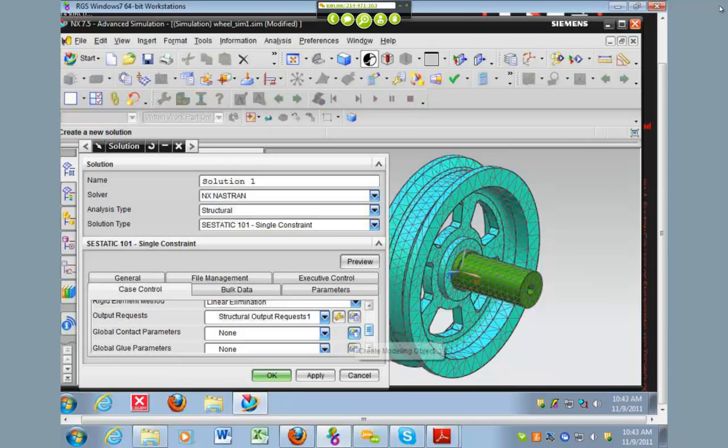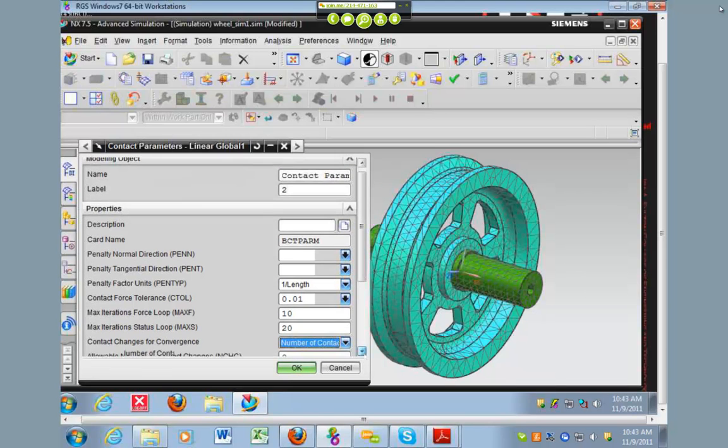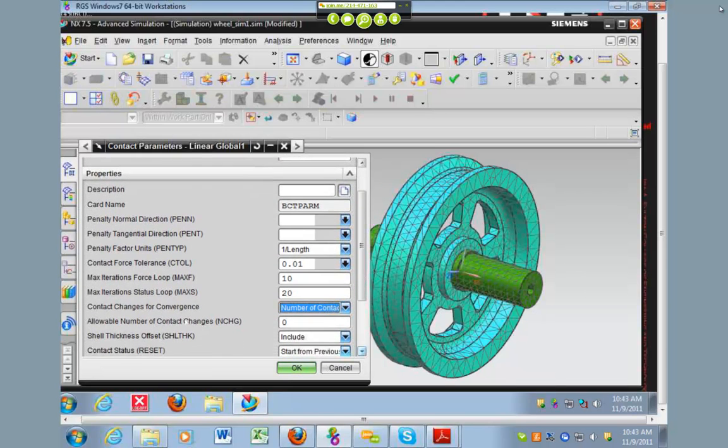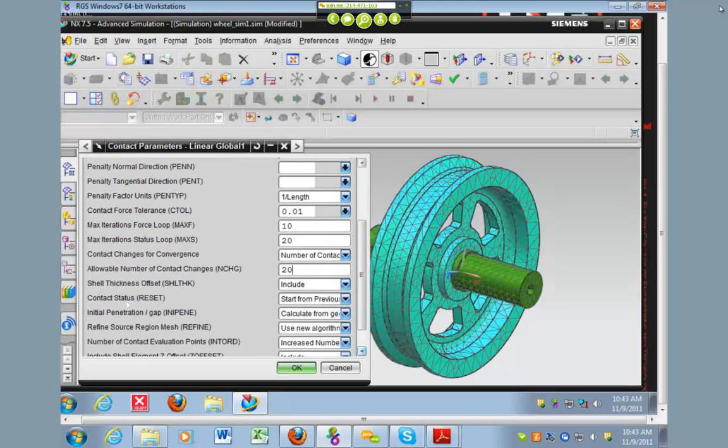If you click create modeling object, it wants us to change the contact changes for convergence. Instead, we want to change that to number of contact changes. That brings up this new line right here, allowable number for contact changes. We want that to be 20. And then also contact status, start from pre